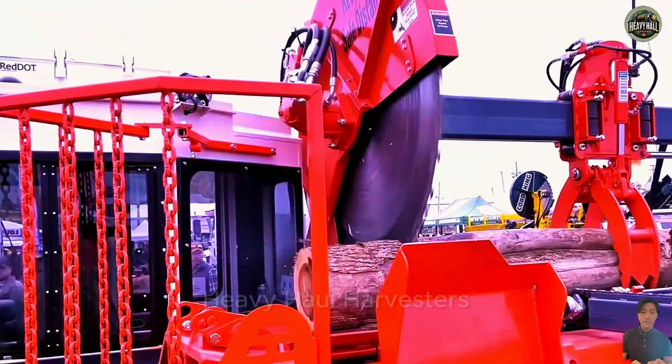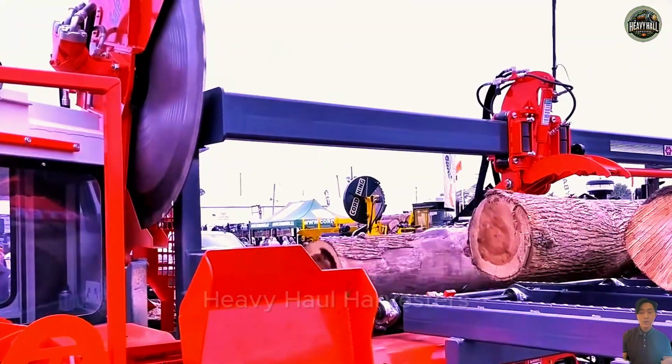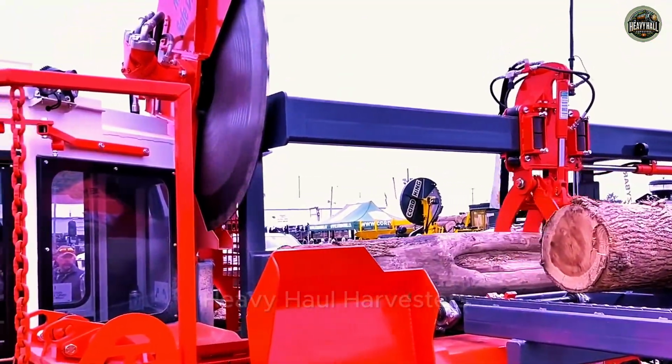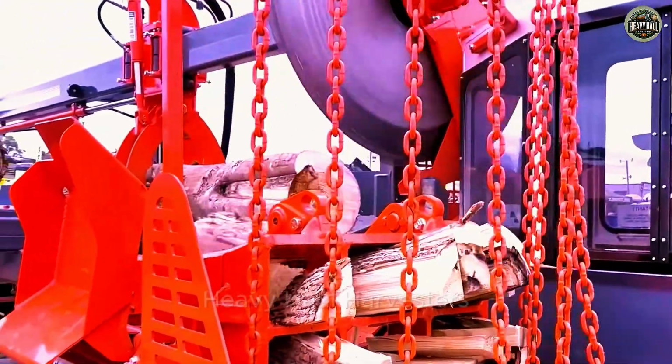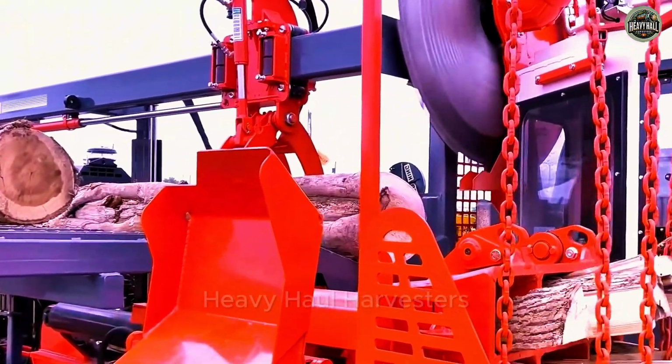Modern wood cutting and processing system in operation. Initially, a large tree trunk is placed on a conveyor belt and moved into the cutting system. The cutting machine uses a powerful saw blade to break the log into short pieces. Next, the logs are fed into the wood splitter,